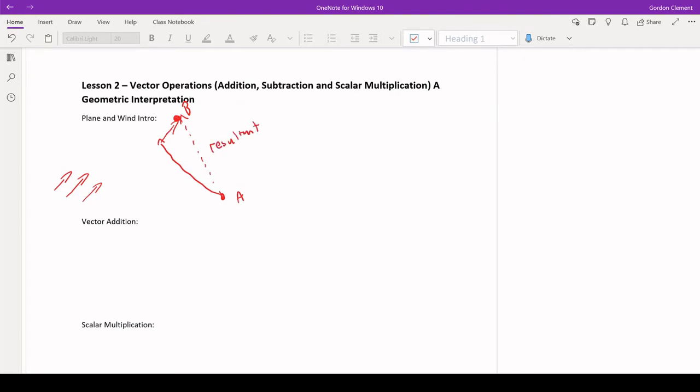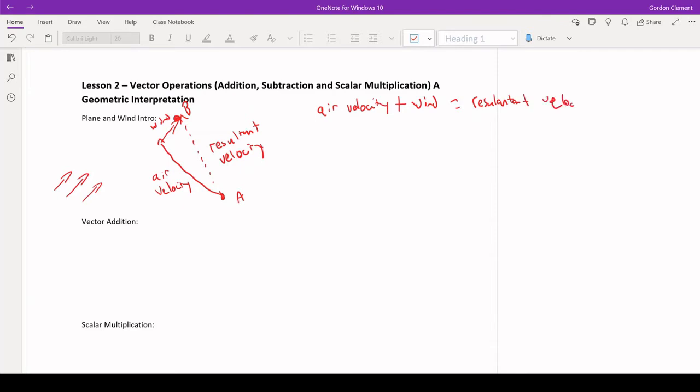So that vector that is the combination of those two is called the resultant, and in this case we're talking about the velocity of the plane. Here's the wind velocity, and here is what's called the air velocity of the plane. So that would be the speed of the plane and the direction of the plane if the wind wasn't blowing at all. And what we have is the air velocity, what the plane's trying to do, added together with the wind equals the resultant